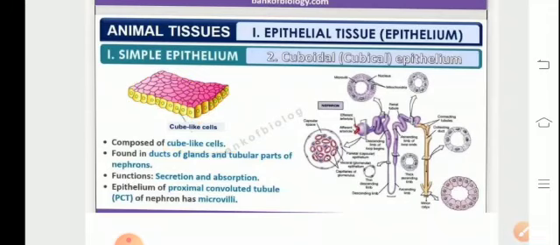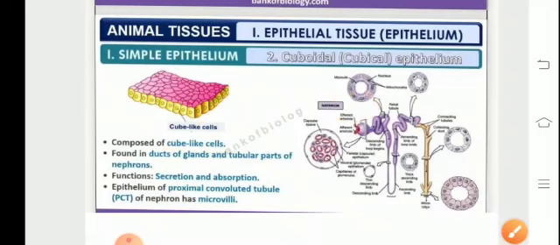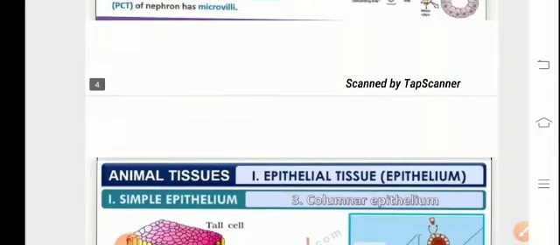They form the gametes in the gonads, and they are found in the glands, for example, the vesicles of thyroid glands. They are also present in the pancreas. They are the unit of sweat gland, the ciliary body of the eye, and the loop of Henle. Here we can see in the diagram Henle's loop being depicted. They are also present in the DCT of the nephron. So basically we are talking about the simple cuboidal epithelium, which carries out the function of excretion, secretion and absorption.